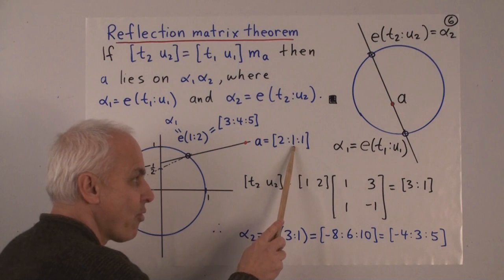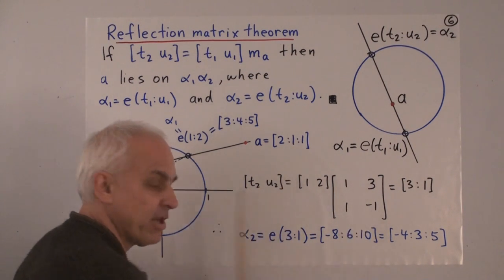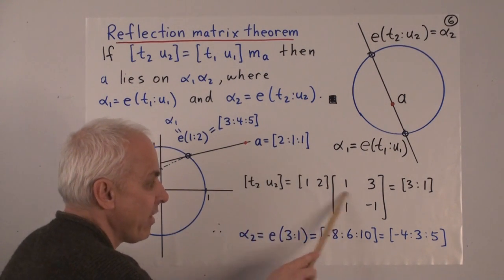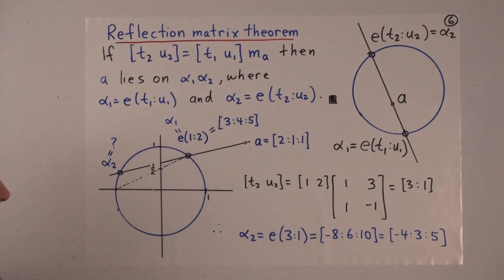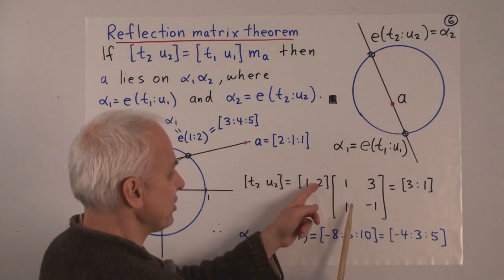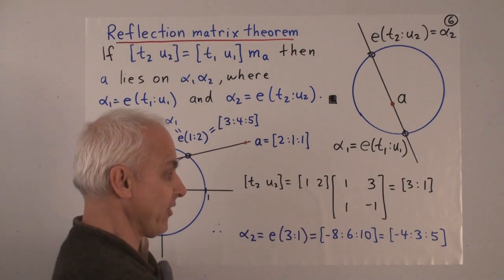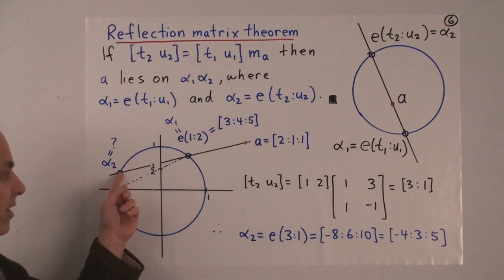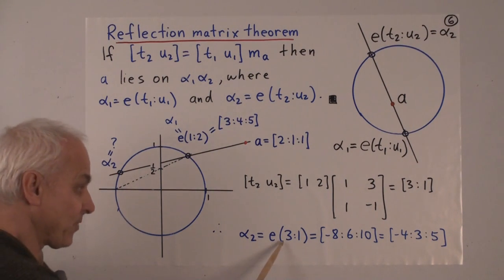Okay. We take the middle coordinate and put it in the top left. We take its negative and put it in the bottom right. Then we take the x minus the z coordinate, put it down there, and the x plus the z coordinate and put it up there. And then the product of these two is 1 times 1 plus 2 times 1, that's 3. And 1 times 3 plus 2 times minus 1, that's 1. So the answer is that this point here has projective coordinates 3 to 1. In other words, this point is E of 3 to 1.